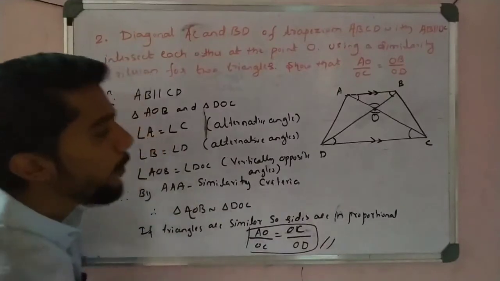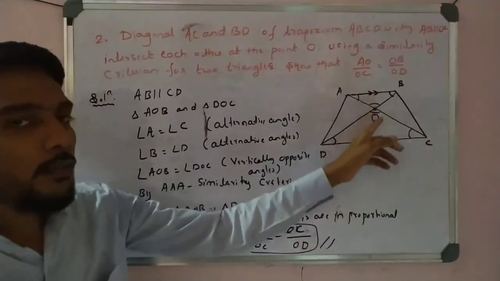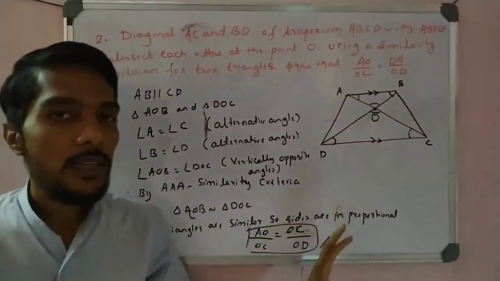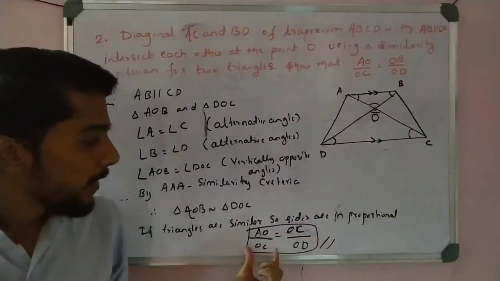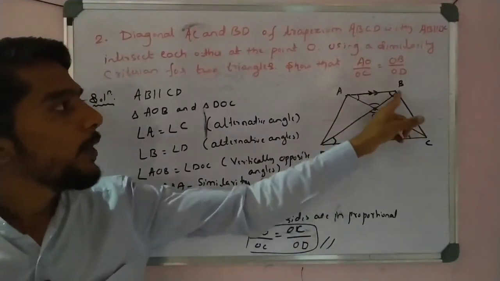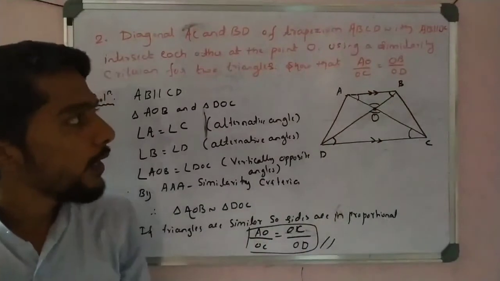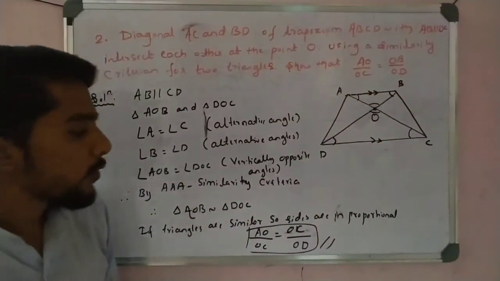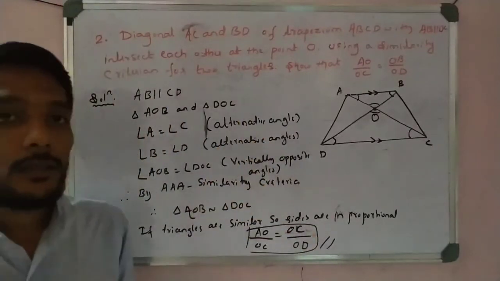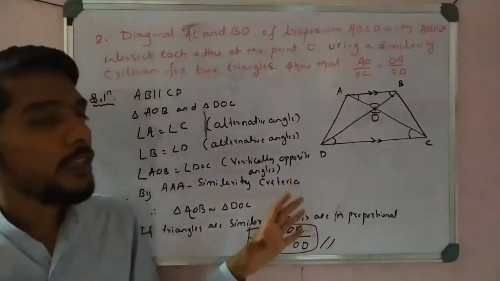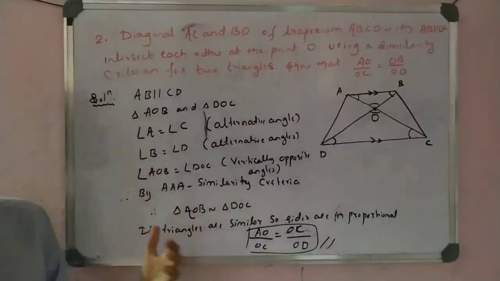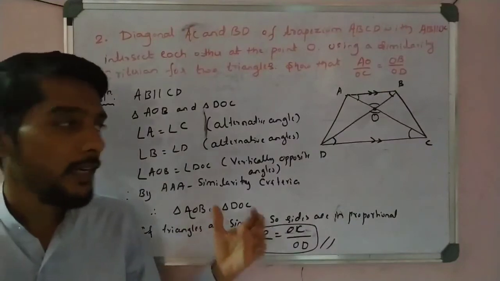So simple concept: you first have the similarity. After we get similar triangles, we simply apply the law, that similar triangles have their corresponding sides in the same ratio. Therefore AO corresponds to OC and BO, or OB, corresponds to OD. So we can prove it here. So simple, students. This is how we use these criteria for solving different types of proofs. Write down this one and come to another very important example from the exercise.